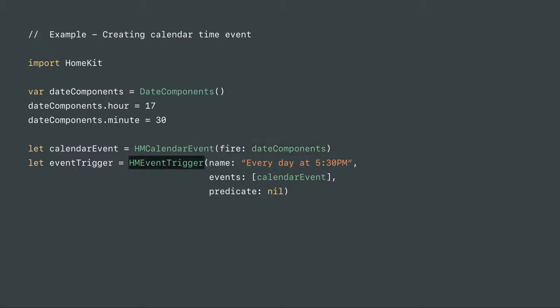And we're going to give it a friendly name. In this case, we're going to call it every day at 5:30 p.m. And then we specify our collection of events. In this case, a single event, our HM calendar event. And now, in iOS 11, it's that easy to create event-based triggers based on times of the day or specific